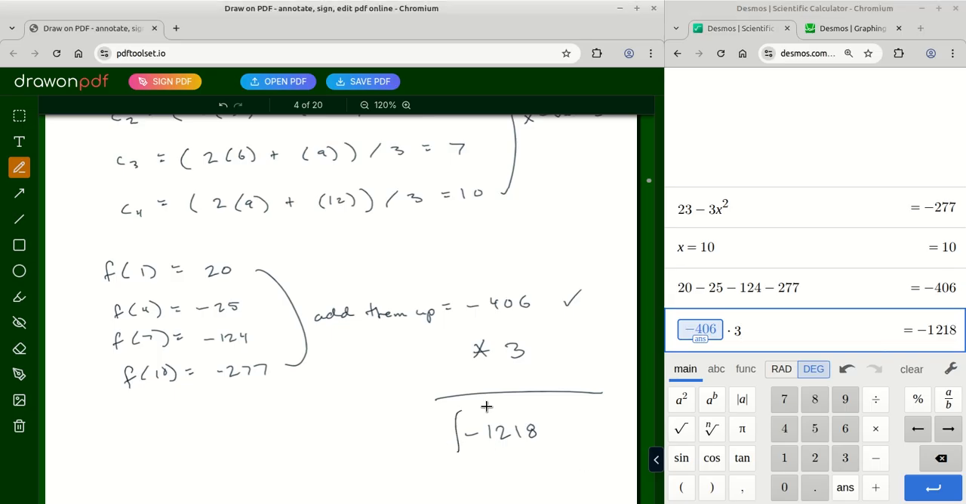Okay, cool. This is your final total integral area for this. Now, I know it's a negative area. Again, it's below the x-axis. That's all. Wow. That was a lot